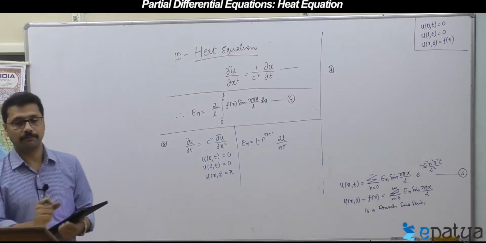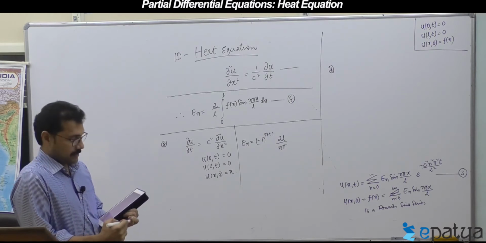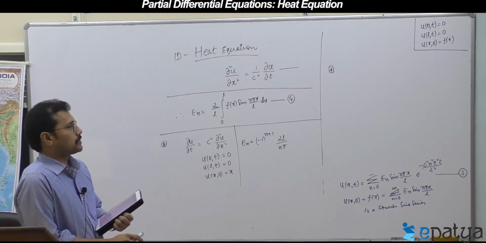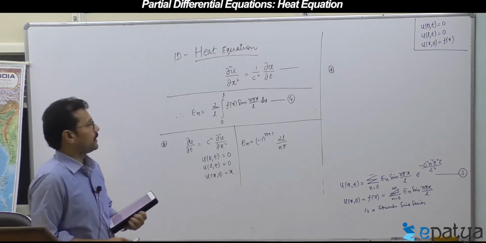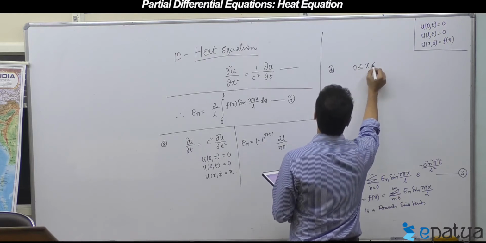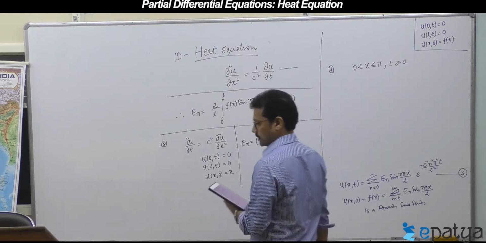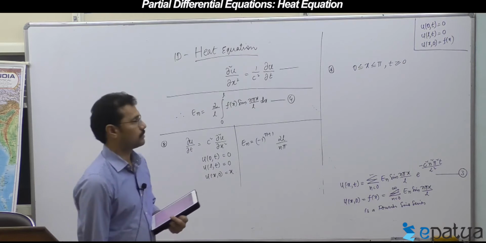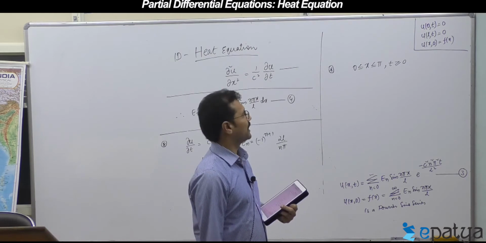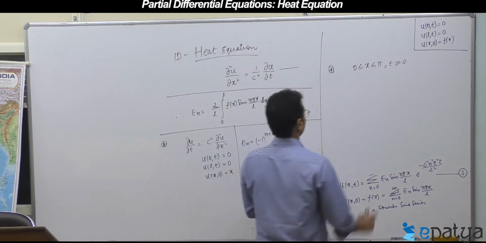Solve one dimension diffusion equation. Heat equation is also called the diffusion equation. Solve the one dimension diffusion equation in the region 0 less than or equal to x less than or equal to pi, t greater than or equal to 0. That means the length of the rod is pi, L equal to pi. Subjected to, first,